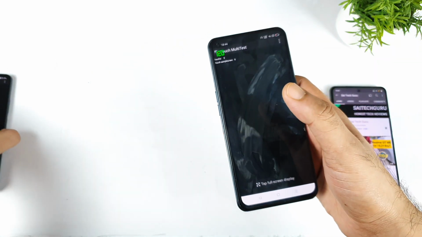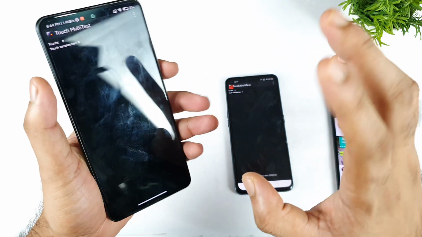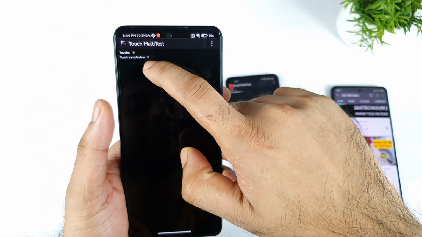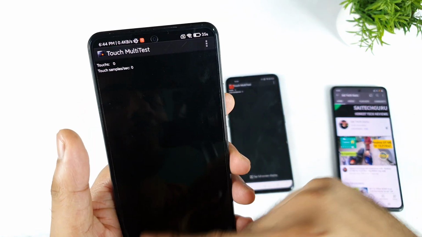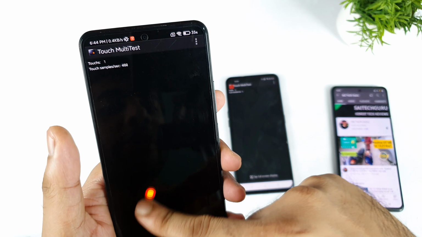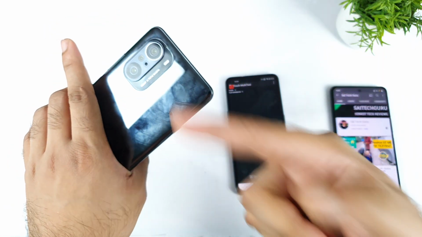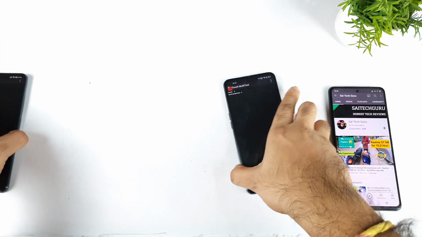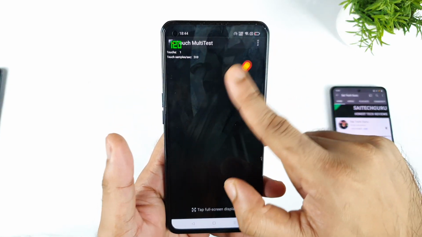So for example, let me show you on the Mi Linux device. This is the Mi Linux device, as you can see clearly. Mi claimed that the phone has a 360 Hz touch sampling rate. So what value do we see here? It's about 480, it should be visible. Right now we are getting 480 by default. So 480 minus 120 Hz, definitely a 360 Hz touch sampling rate is present in the Mi Linux device. A similar value we should see in the Realme X1 Max, but we are not seeing it. That's the one thing we should definitely note down.